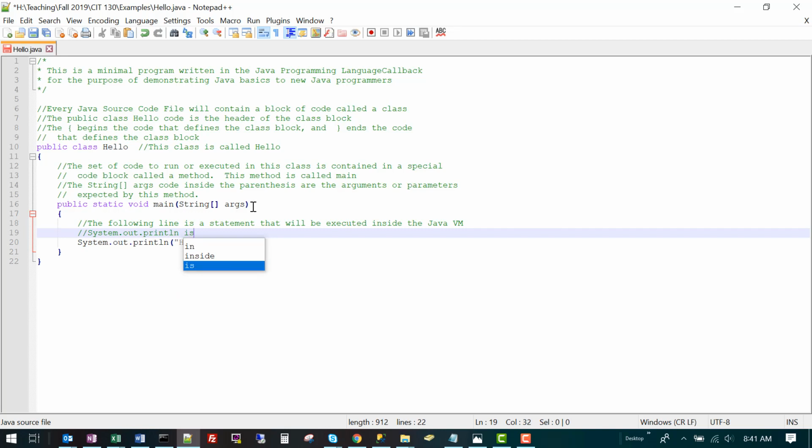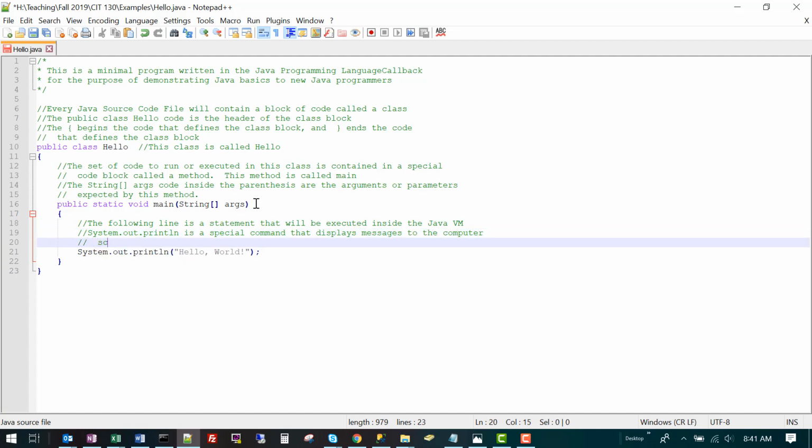System.out.println is a special command that displays messages to the computer screen.